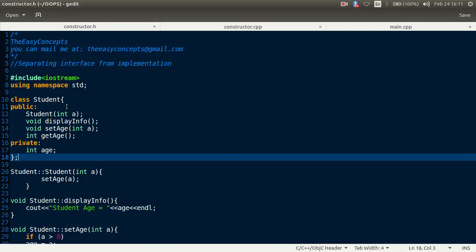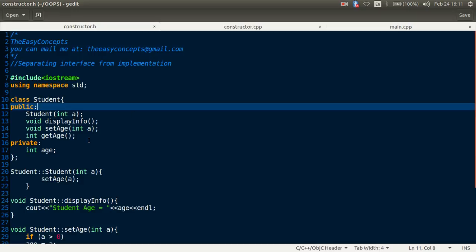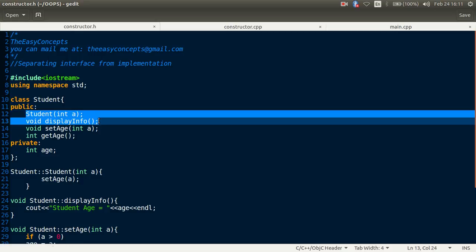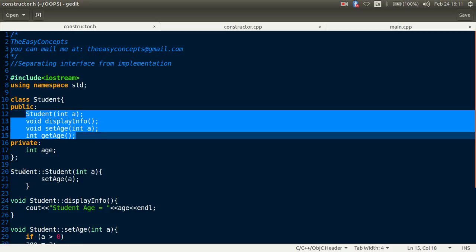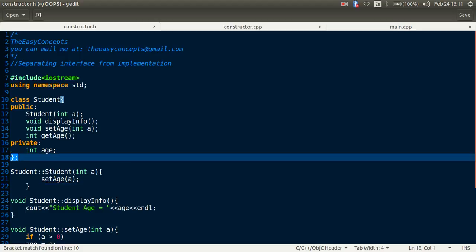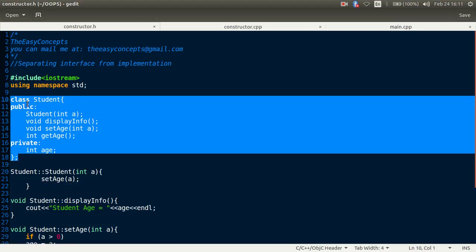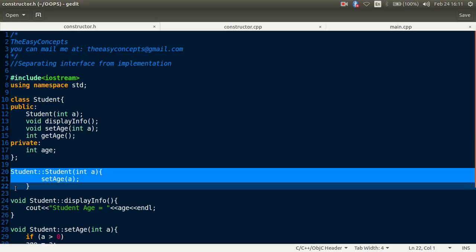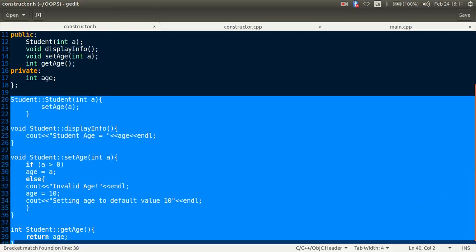In the previous video we also wrote this program in a separate way, and that is we separated the prototype of a function and the definition of a function. So how did we do this? We kept all the function prototypes inside this class, and the definition of the function was kept outside of this class.